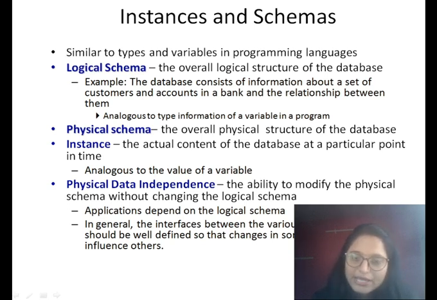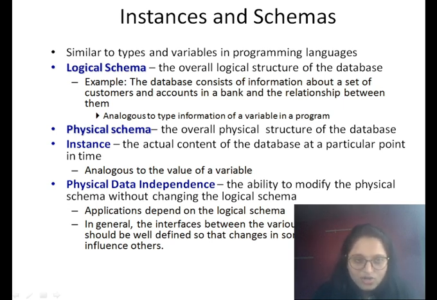Now there are two types of schemas, logical schemas and physical schemas. First is the logical schema, which means how your database looks at a logical level, or the design of your database at a logical level. The physical schema is the overall physical structure of your